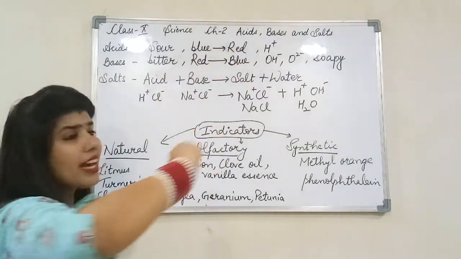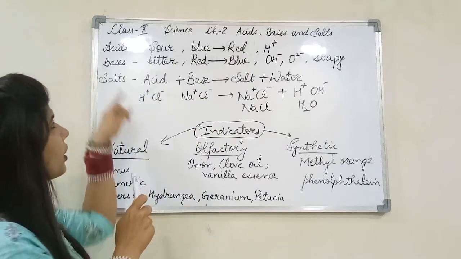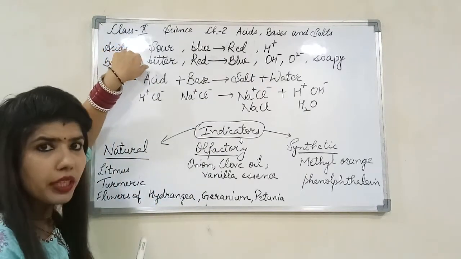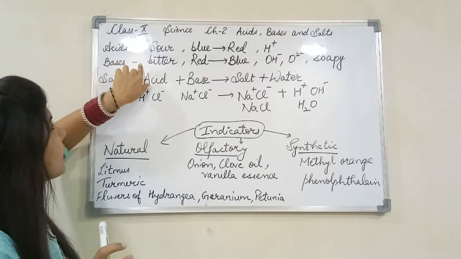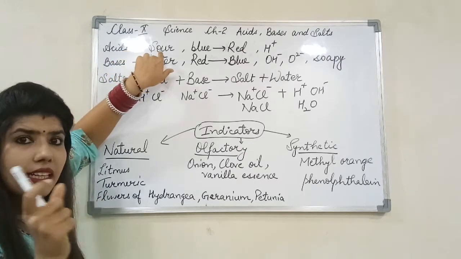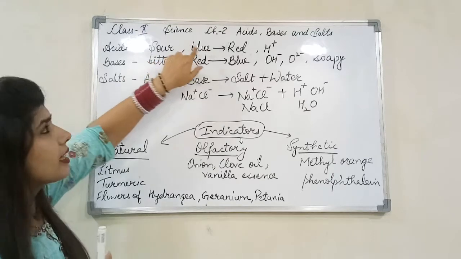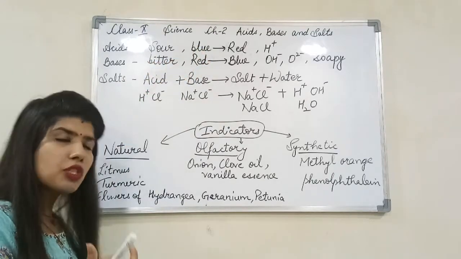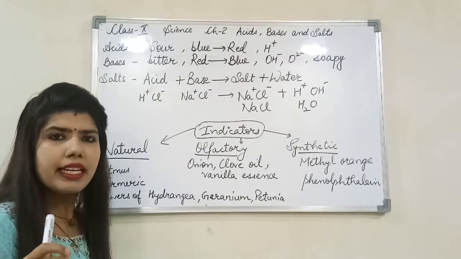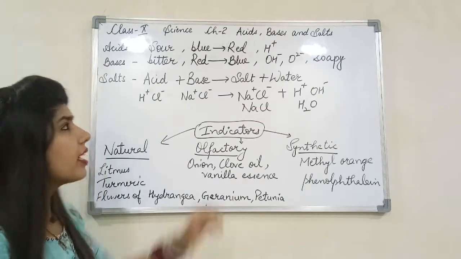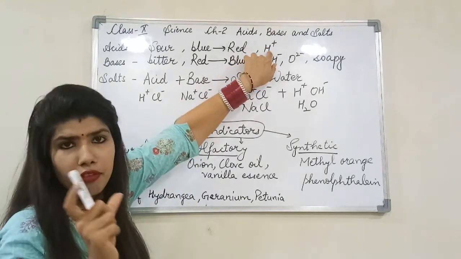Acids. So what are acids? Here we won't be giving you the proper definition. You'll have only a brief introduction about it. They're sour in taste, right? इनका taste खट्टा होता है, right? They're able to convert blue litmus to red. And how will you recognize them? There is a very small hint. Acids generally have H positive ion in their formula.